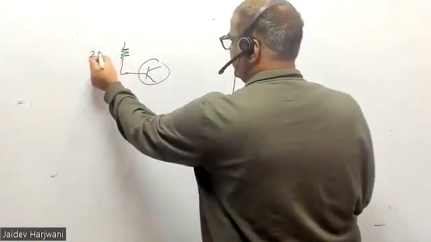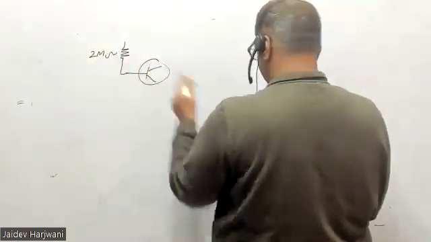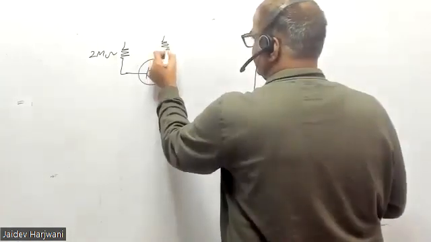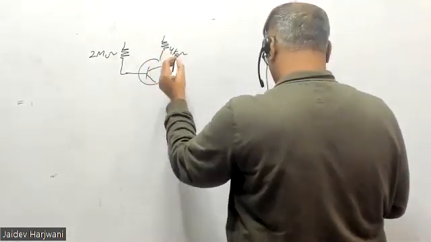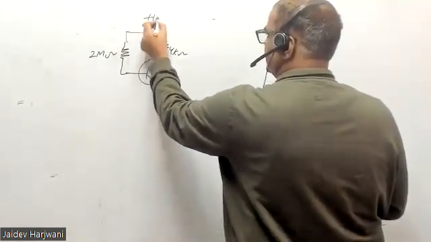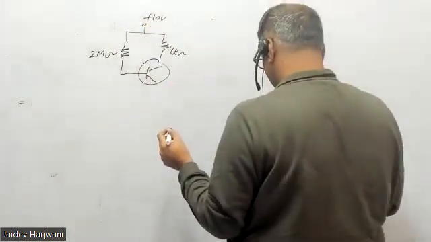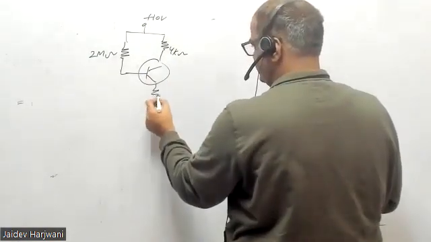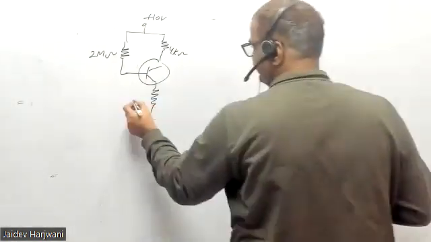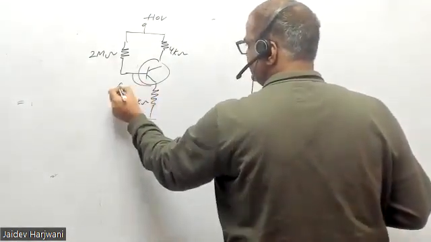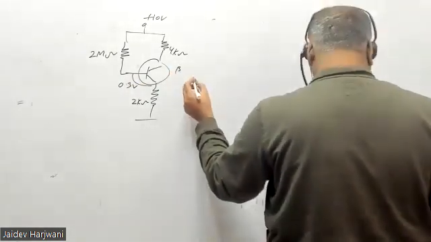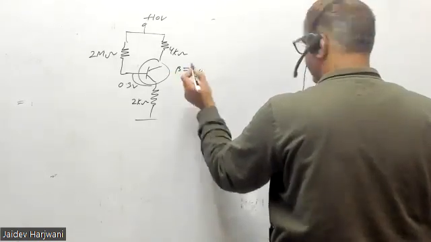This is 2 mega ohm. Okay, this is 4 kilo ohm. This is 10 volt. Okay, this is 2 kilo ohm here, 2 kilo ohm, and this is given 0.3 volt. VB this time given 0.3 volt because germanium transistor है, germanium transistor, and beta is given 100. Okay,